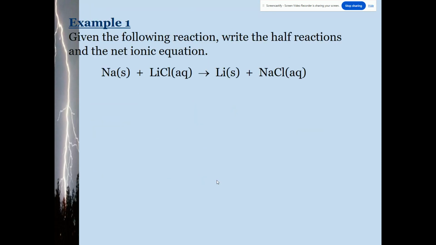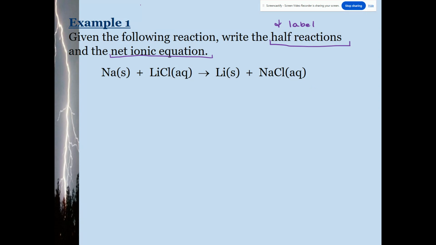Now it wants you not only to write the net ionic equation, but it also wants you to write the half reactions. Write and label the half reactions. Okay? You have to label which is the oxidizing agent being reduced and which is the reducing agent being oxidized. And again,